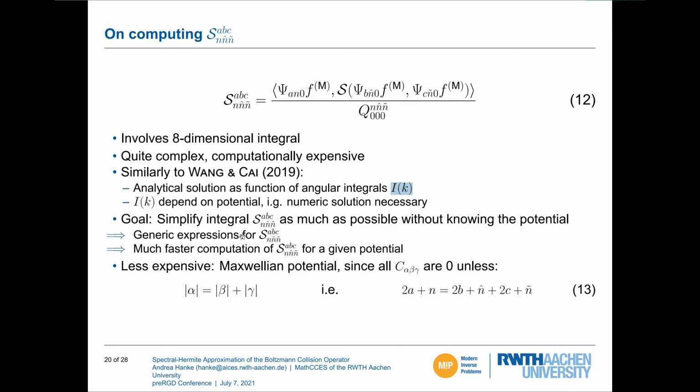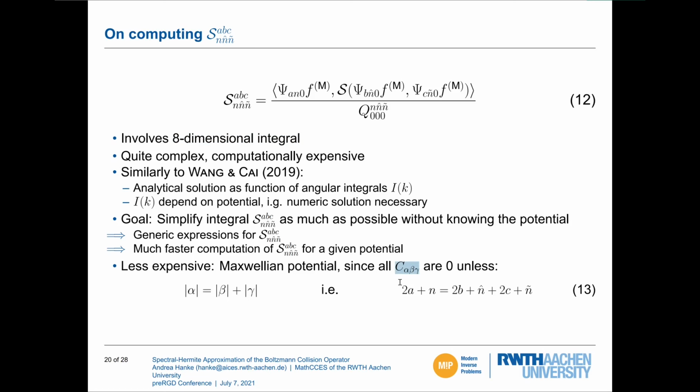And the idea is that this will give me a generic expression for our S coefficients, and then if we want to calculate S for a given potential, we should end up with a much faster computation of S, because we already solved 6 dimensions of this 8-dimensional integral. What we already were able to do, because it's much less expensive, is calculate our S coefficients for the Maxwellian